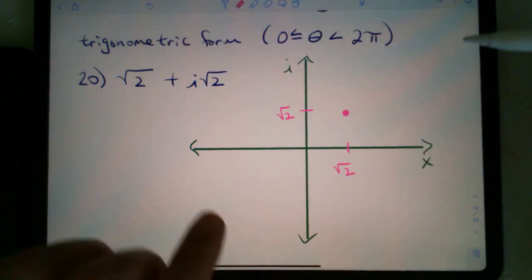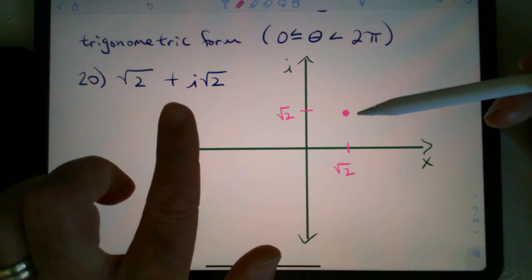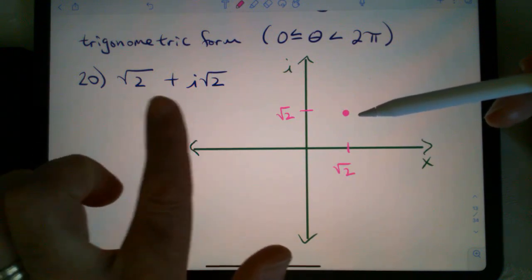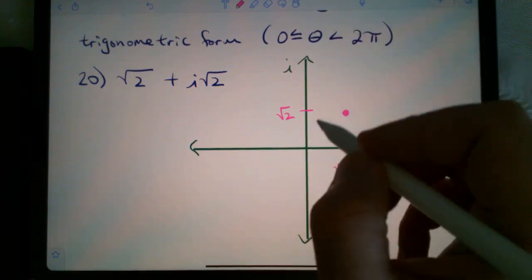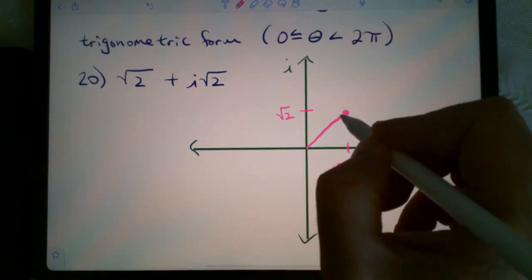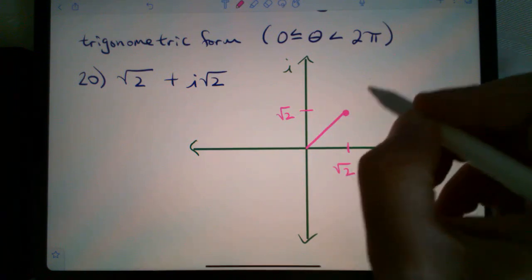So in rectangular form, this point is radical 2 plus i radical 2. Then to put this into trigonometric form, we need to find the r value, the modulus,